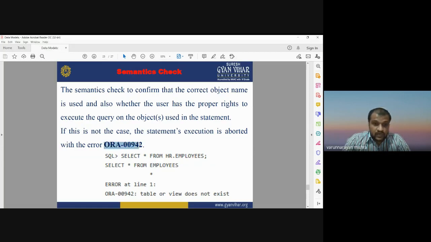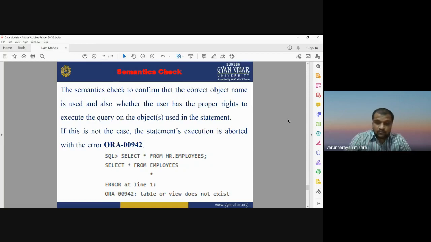Checking the availability of an object, of a table in your database, is known as a semantic check. It can be done using a semantic check. So the semantics check and the syntax check are two kinds of testing, the criteria to check the query whatever you are looking for.